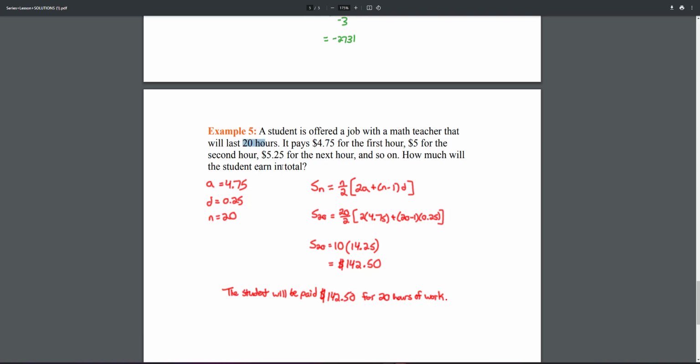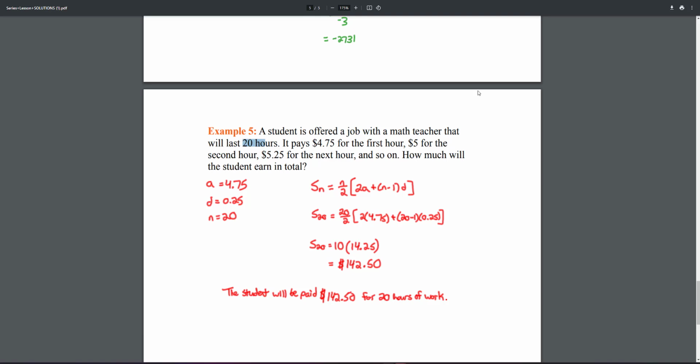So we know the first hour is $4.75. The difference is 0.25, and we know n is 20 because the whole sequence is 20. So let's do the sum. By the sum of 20, plugging into the equation, I got $142.50. So is that good? Is this kid making money, or is the teacher taking advantage of this kid? Let's see, 142.5 divided by 20. So an hourly rate of $7 and